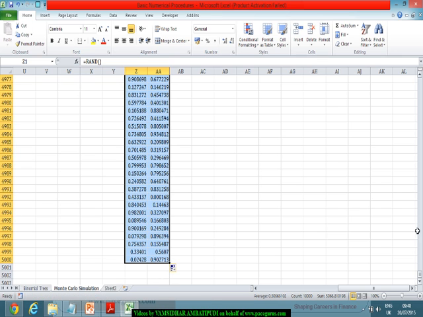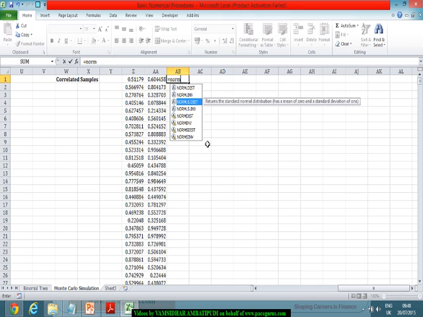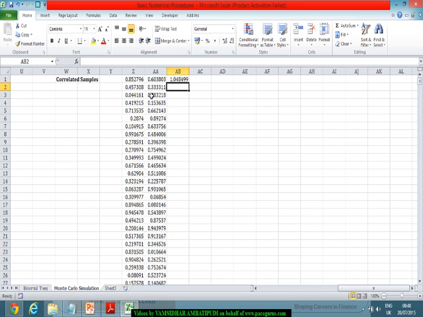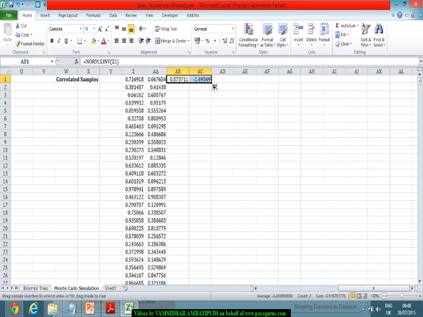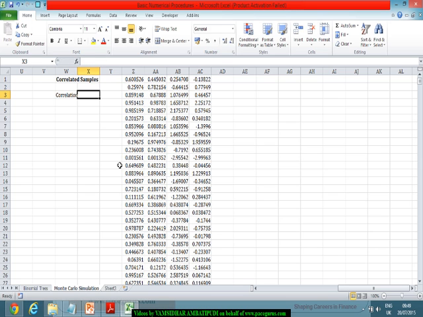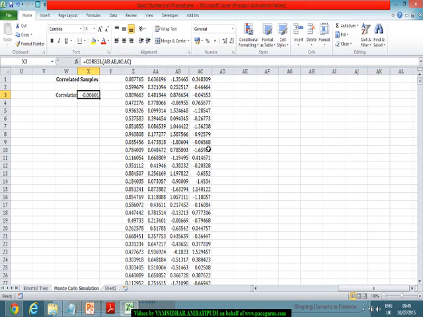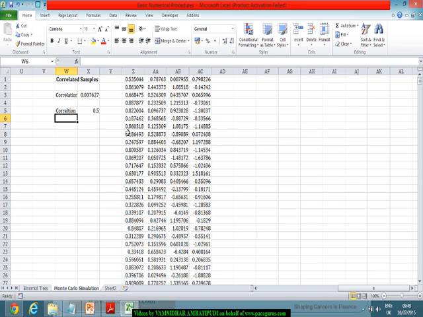Then we go with the standard normal. So I take the NORM.S.INV associated with each one. I have created the NORM.S.INV of each one. I take the correlation between the two, and I get a value very close to 0. But if I want to generate a correlation of 0.5,